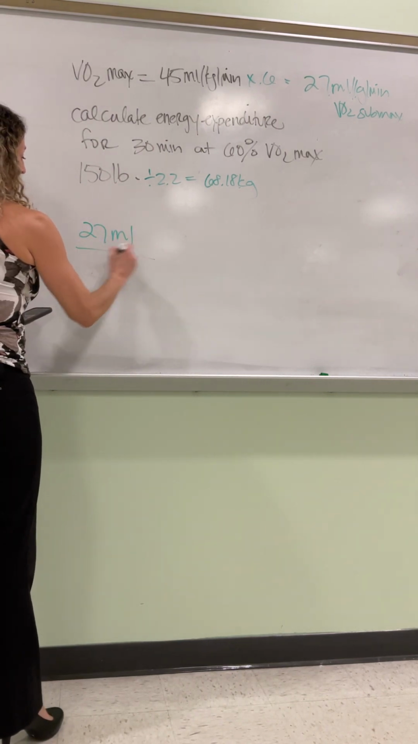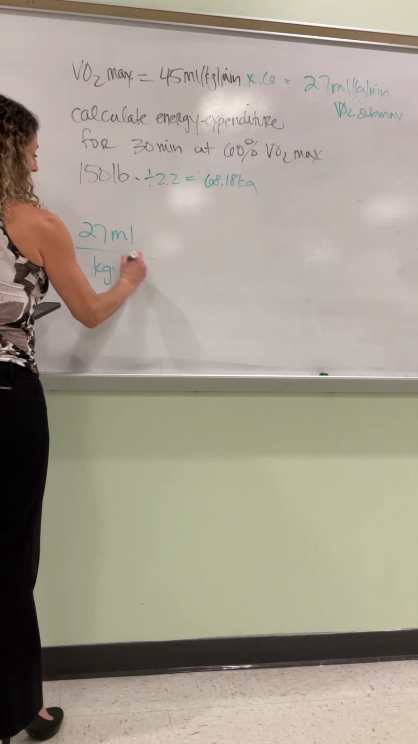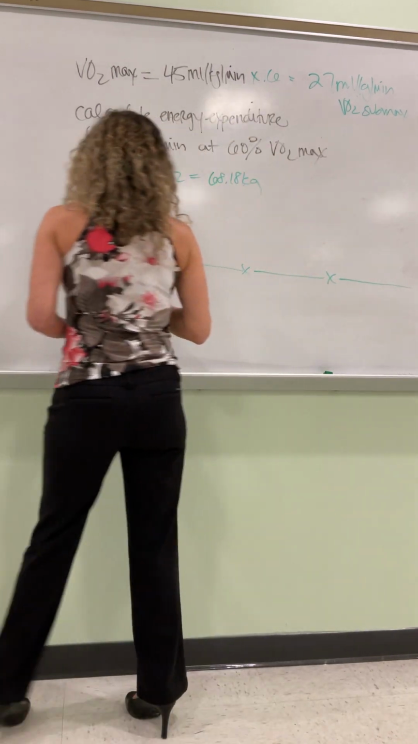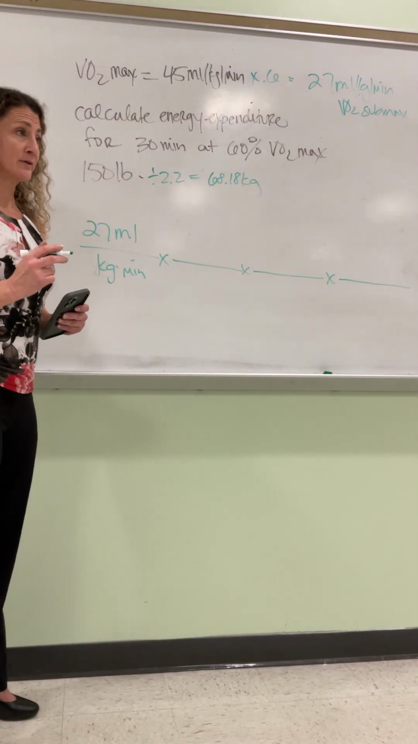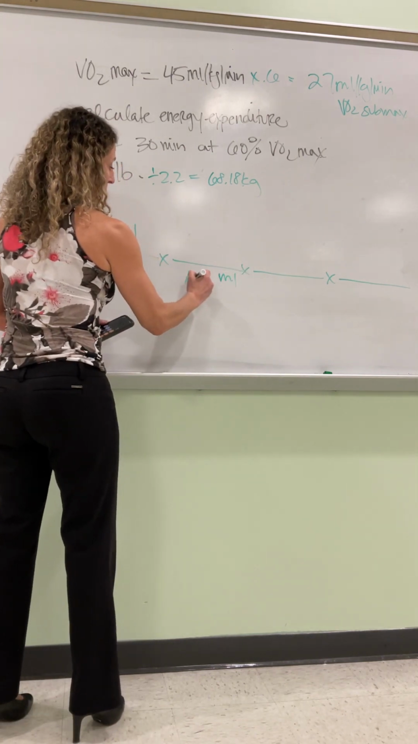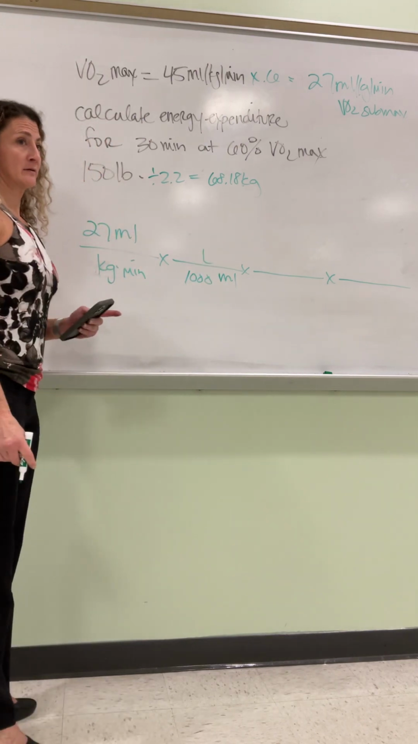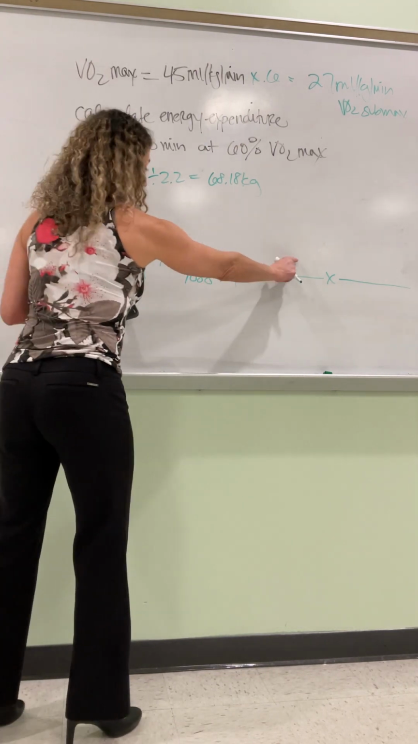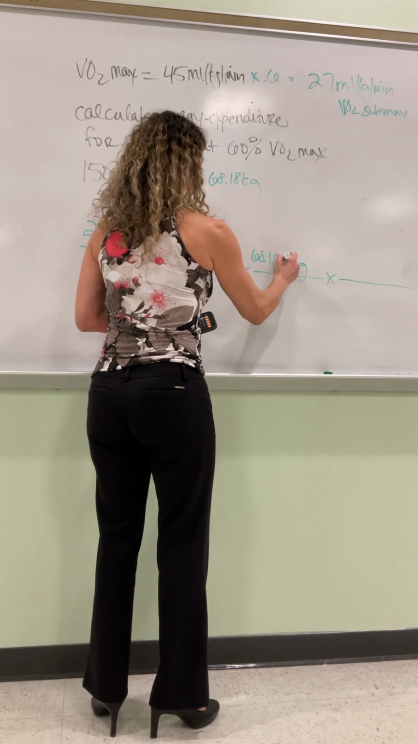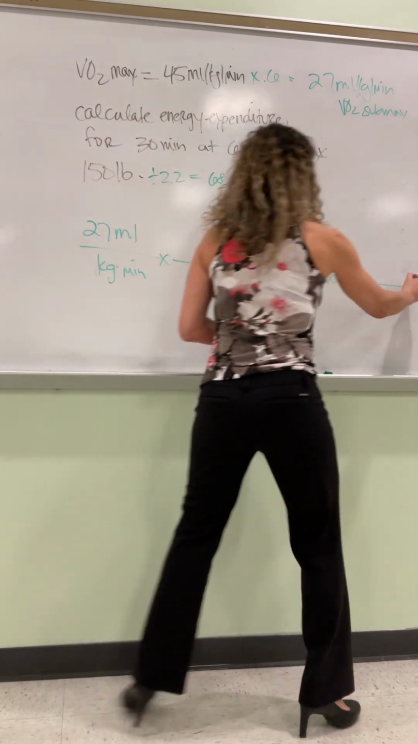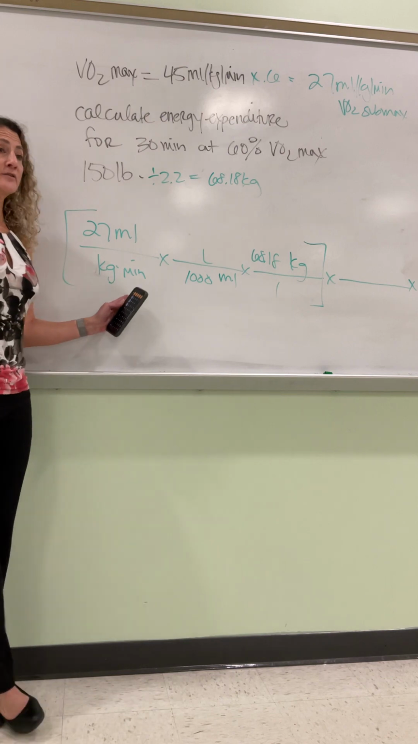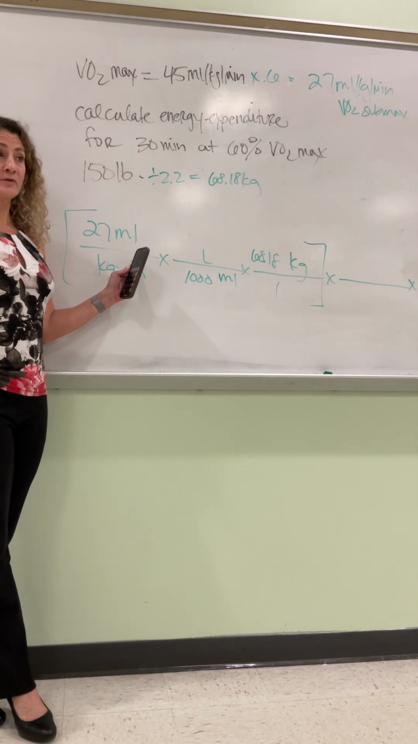27 milliliters over kilogram minutes. Thousand milliliters in 1 liter. And because I want the milliliters to cancel out, I'm going to put the milliliters down here, milliliters up there. Kilograms I'm going to put on top so that those will cancel out. That's going to be the first step, which is going to convert from milliliters per kilogram per minute into